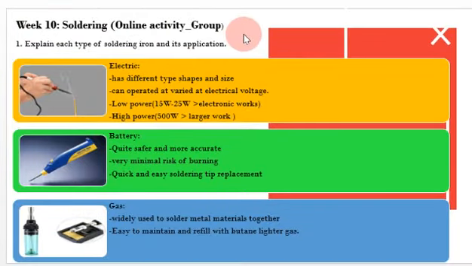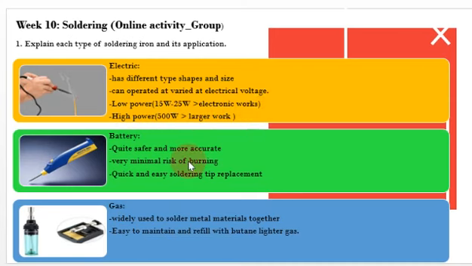In week 10, we also do online group work, which is soldering. The first question is to explain each type of soldering iron and its application. Electric soldering iron has different types, shapes and sizes. It can operate at varied electrical voltage. With low power, it can handle 15 to 20 volts for electronic works, and high power of 500 watts